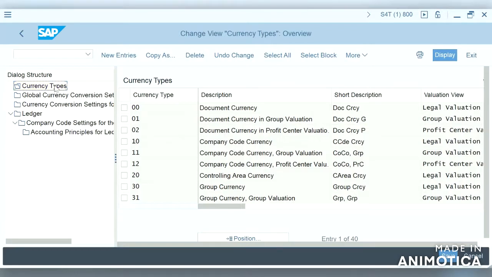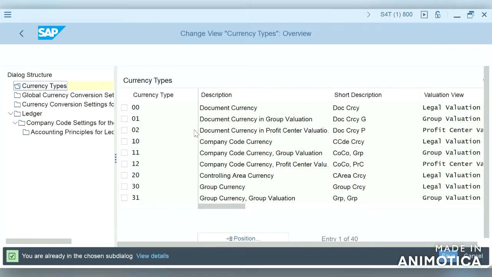So if we see, there are different currency types. If we want to create a new currency type, we will just click on new entries and follow this format. The currency type is allowed as alphanumeric, and we can even give alpha and also numeric.